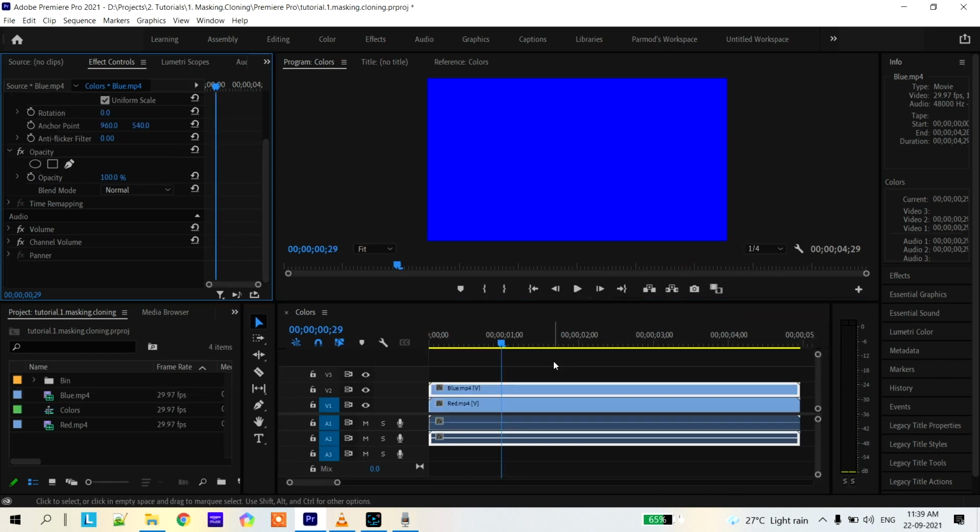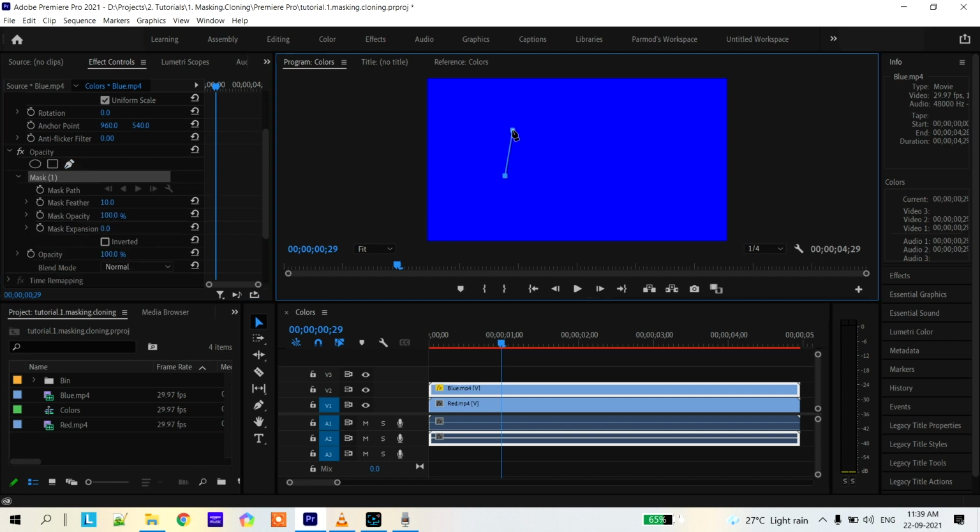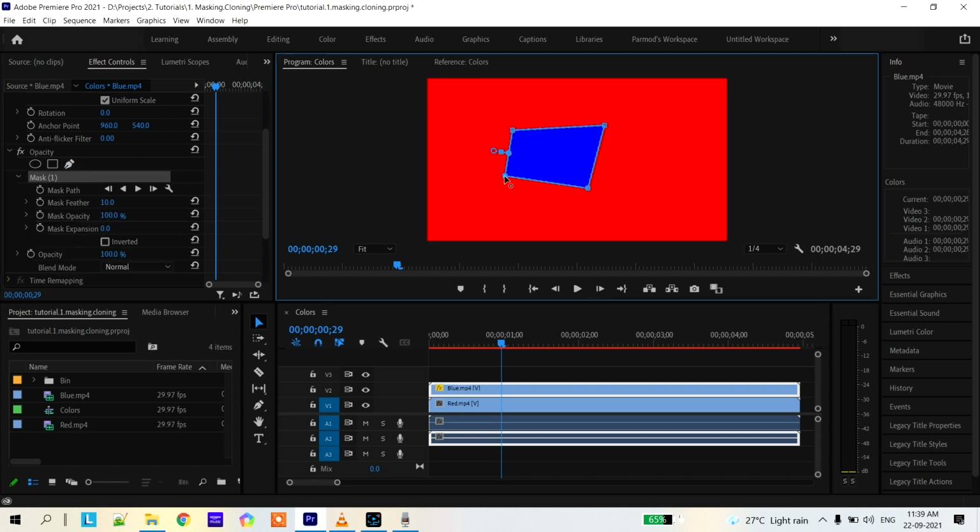There is one more useful functionality that I would like to tell you, which is the inversion of your selection of the mask. So for example, this is the area that we have masked from our clip, and we want to invert the selection. That is, we want to show the other part of the video other than which is selected.